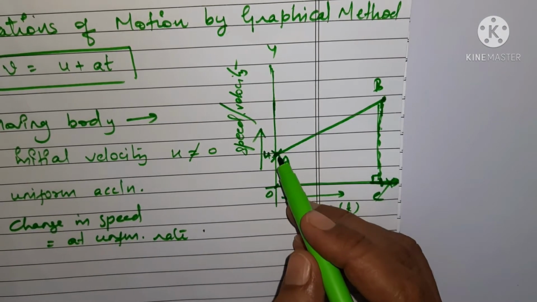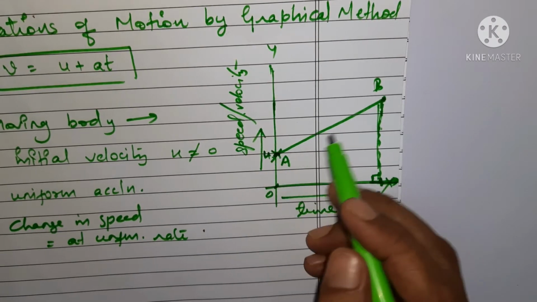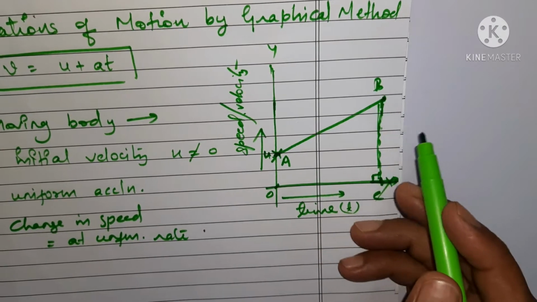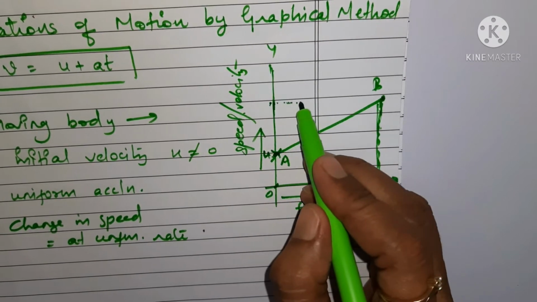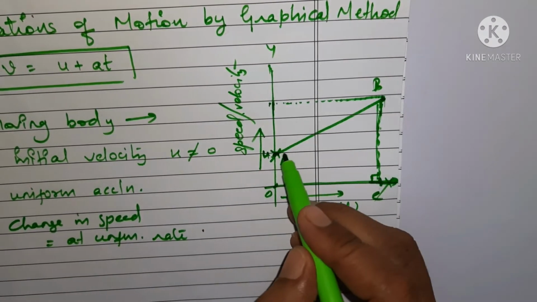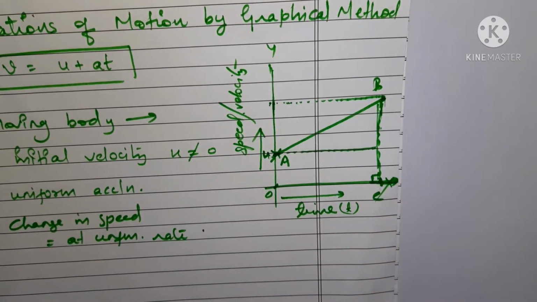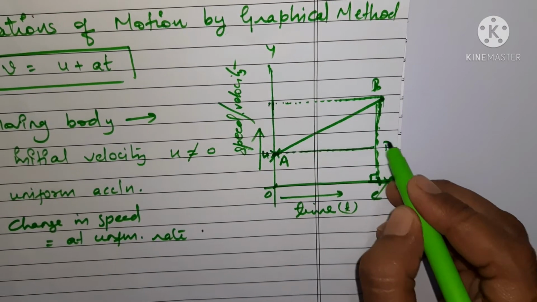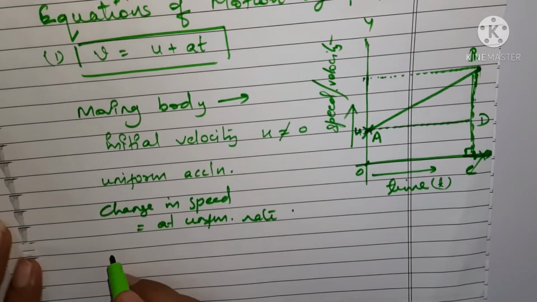You can see that the body is moving with velocity u, and it has started from, say, point A, and it has reached up to B. Now here, what is the final velocity which you can see? The final velocity of the body is going to be like this, and if we give the name to it, say it is BC. Let us draw one parallel line to this also, and let it be named BD. And what else is there that we can find out?